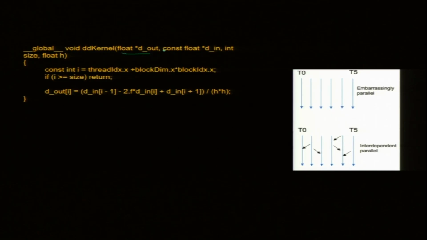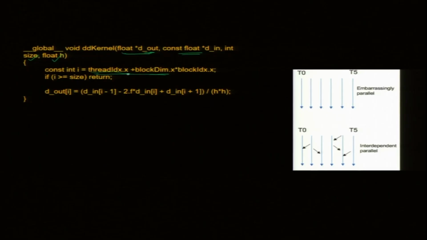I have the input data d_in and the size of the array, as float, that is straightforward. My result is d_out, which has the second derivative. So, what is the formula? First get the array index, the global array index, because I need to go to the global array. It is thread id plus block id multiplied by block dimension. Data is 1D. This is the global index for the variable. The array may be divided in blocks, but I will represent the location in the global array. So, I get i.